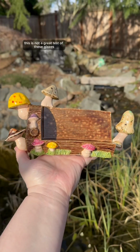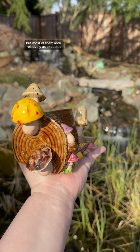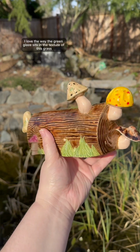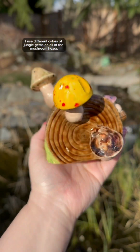And so really this is not a great test of these glazes because they didn't get up to the correct temperature. But most of them look relatively as expected, and I think this piece turned out really cute. I love the way the green glaze sits in the texture of this grass. It's super nice. I used different colors of jungle gems on all of the mushroom heads, and those ones turned